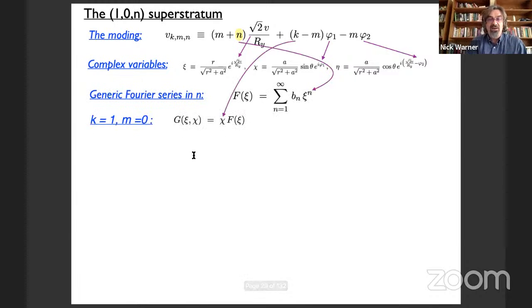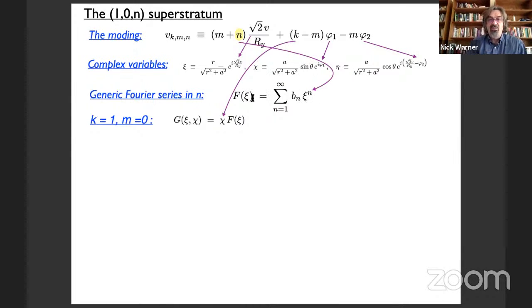We're going to have k as 1, and that's going to give us a single factor of chi in front of our thing, but the general power of n is going to mean that we're going to have a solution which is a generic Fourier series in xi. So the 1, 0, n superstratum family, if you like, is the set of all things that are basically made